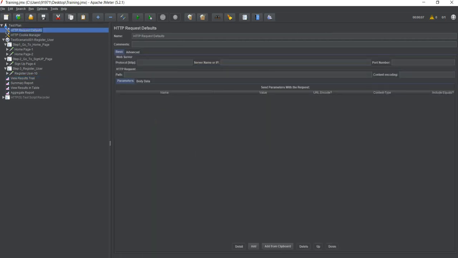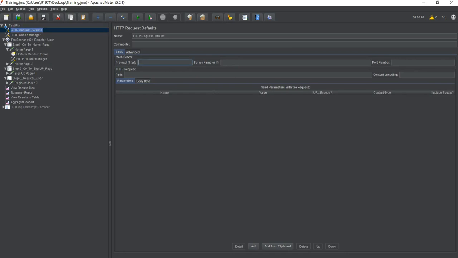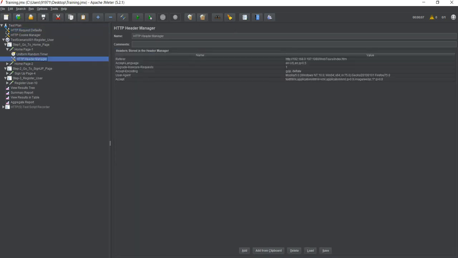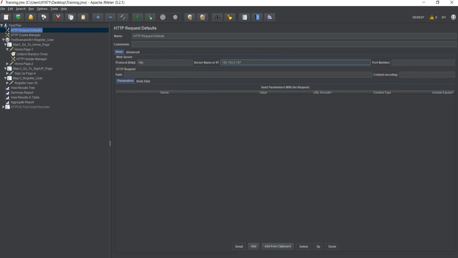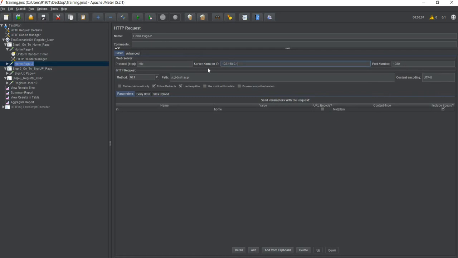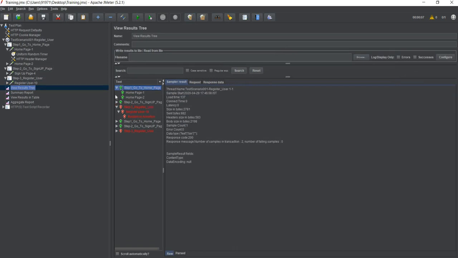It does not have any default values over here, but for example, I go over here and click, this is the sampler. It does not contain the protocol. Let's say it does not contain the protocol, and I paste it over here. Again I go to the sampler and I delete this server IP and I paste it over here, and I save the test plan. Similarly I go to the next page and I delete the server IP. I am deleting the server IP again. So I have saved it and now I am running the test again. I run the test again and you are able to see that the test works.